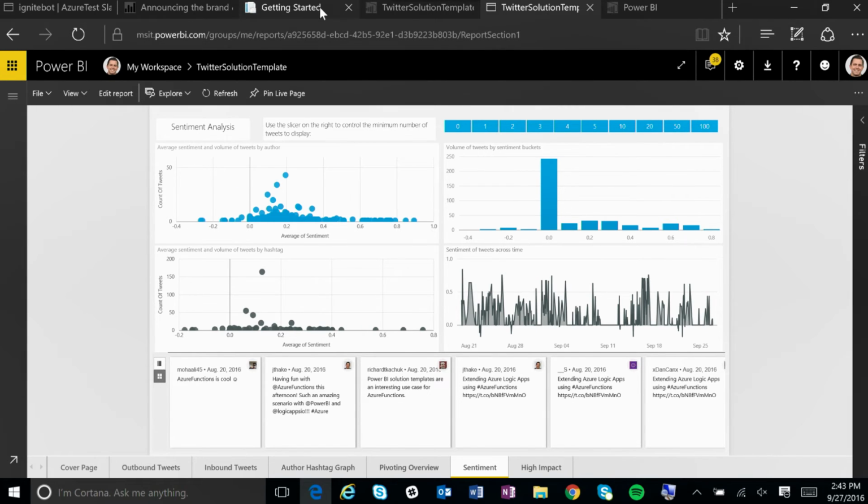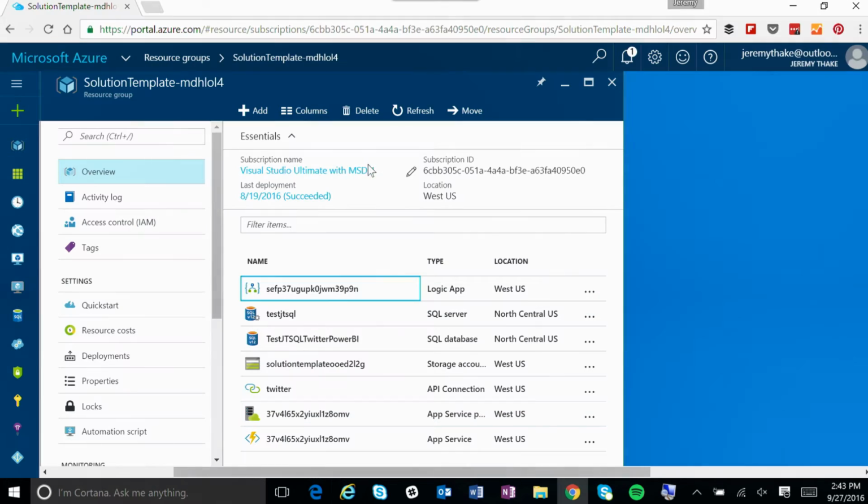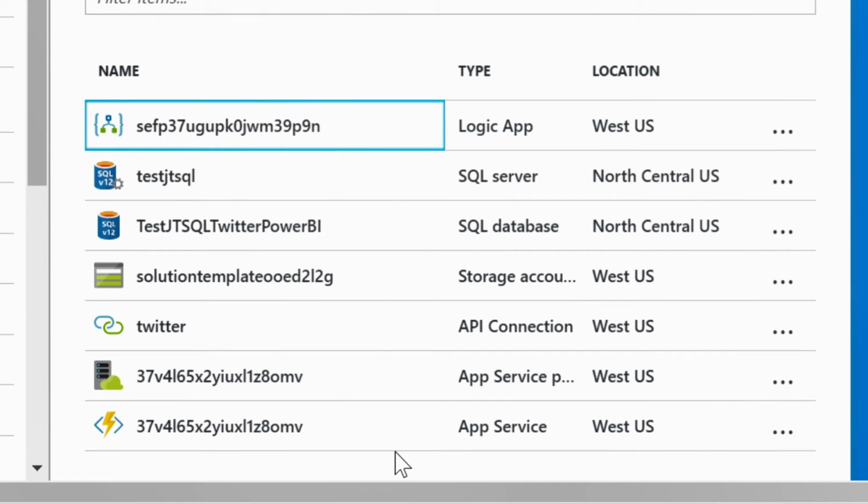Now, under the covers, that provisioning template is very straightforward to do. If I go into the Azure portal, essentially what that's actually doing is it's creating a series of different services for me. It's running a logic app. So if you've been to any logic app sessions today, it's really about running a long-running process that can be triggered by particular events. Now, in this case, we have a trigger with Twitter, which says whenever on the tweet stream we see the Azure Functions mentioned, we'll trigger that logic app.